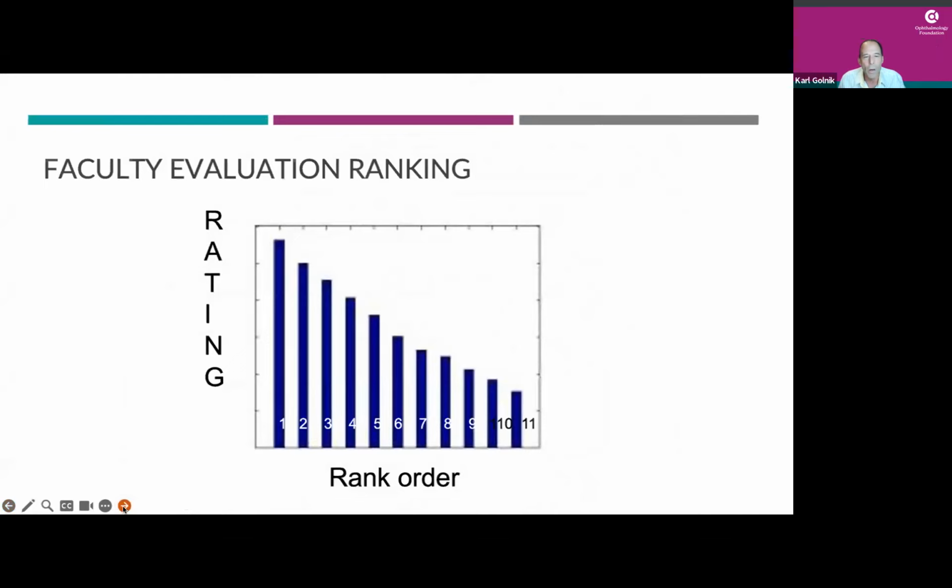So what I did as chairman was I took all those average scores and I created a bar graph. So this is the average for the whole form. And this is faculty member number 1. This is faculty member number 2. And then we had at one point, I think 25 faculty members. And so everyone would get this graph, but each individual would only be told, you're number 3 or you're number 23.